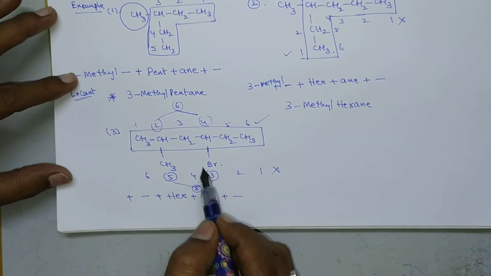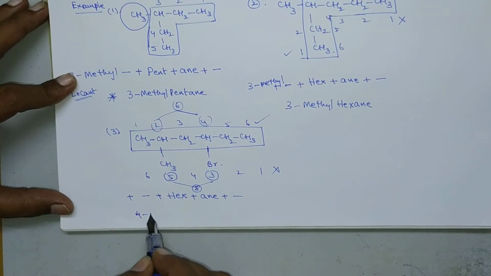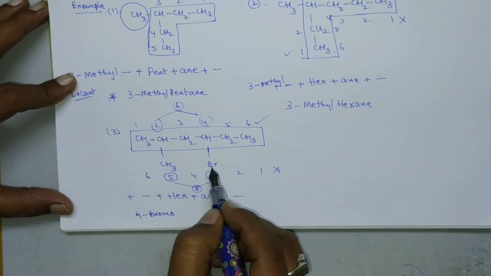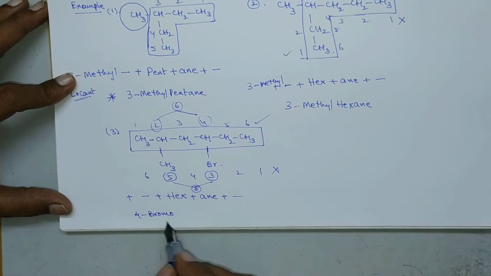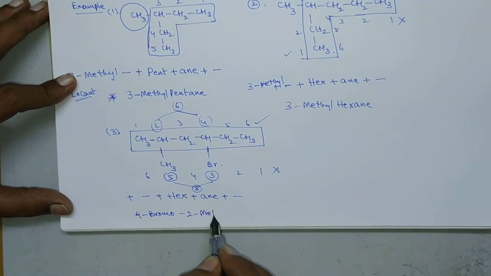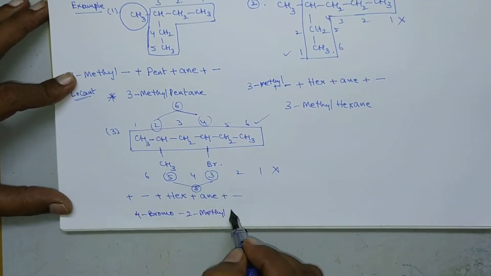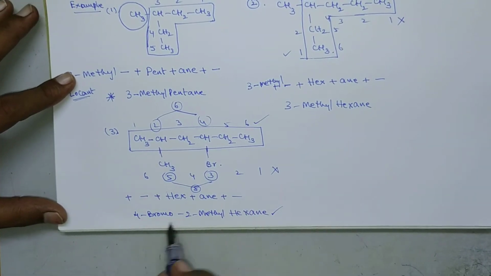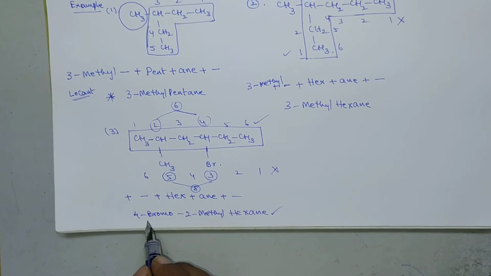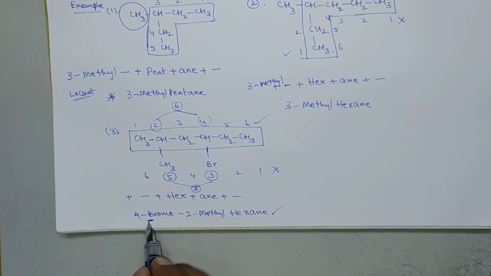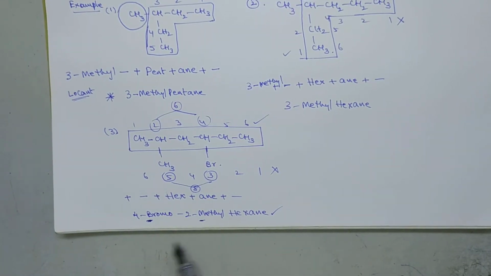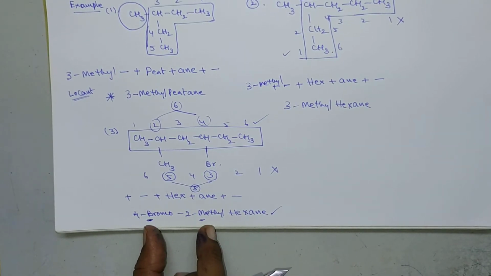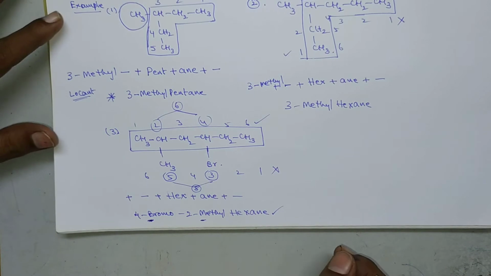So that's why the name will become 4-bromo 2-methyl hexane. Okay, clear? The name will become 4-bromo 2-methyl hexane. We have to write the substitutions in alphabetical order. Here bromine and here methyl group is there. So you have to arrange these two in alphabetical order. Okay, clear? And next,